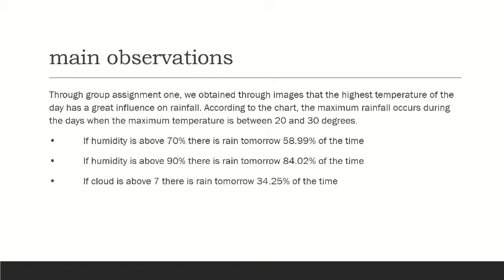So we obtain through the image that the highest temperature of the day has a great influence on rainfall. According to the chart, the maximum rainfall occurs during the day when the maximum temperature is between 20 and 30 degrees. So its humidity is above 70%. That's rain tomorrow